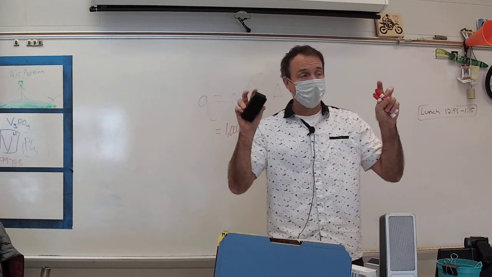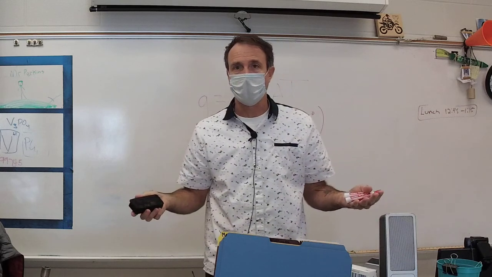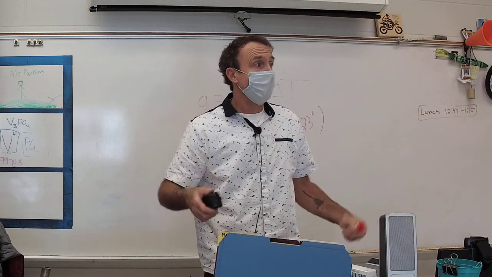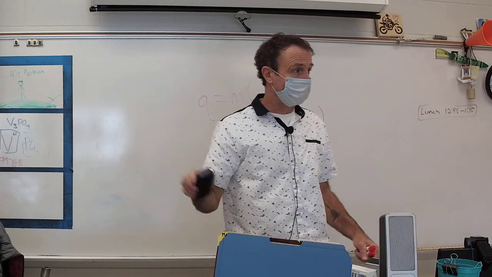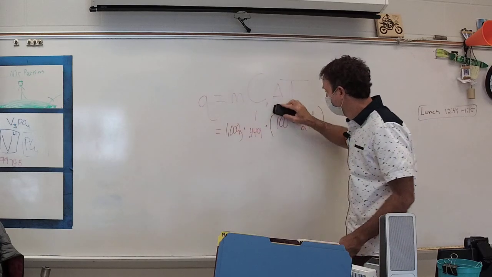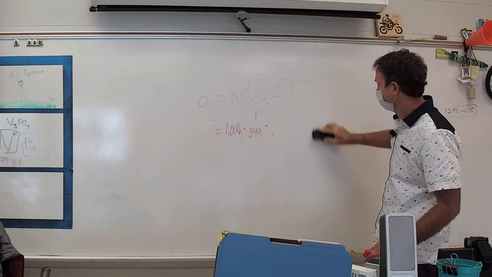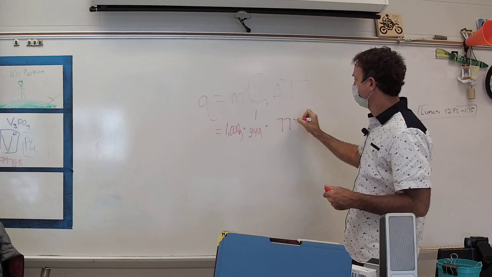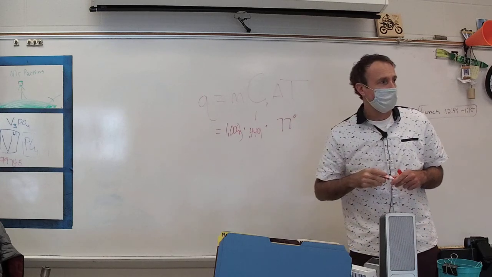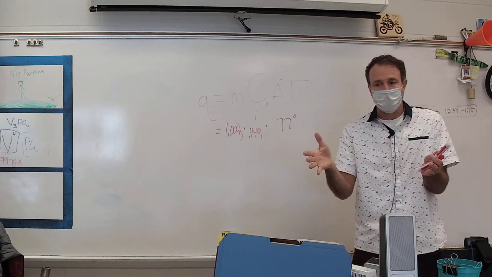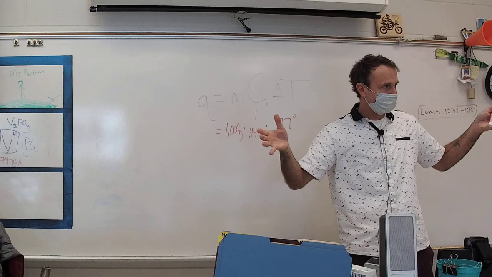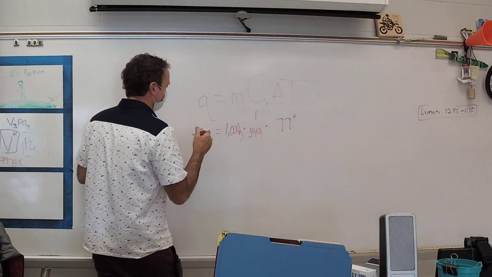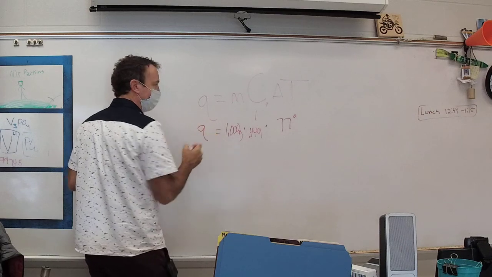So if you heated this chunk of metal up to 100 degrees and then you used it until it was cool, right? And it wouldn't cool past room temperature, would it? That's the law of thermodynamics. And you used it until it was just room temperature, then the change in temperature for that substance would be 77 degrees. And remember, this doesn't matter if it's Kelvin or Celsius, because Kelvin and Celsius degrees are the same size, right?